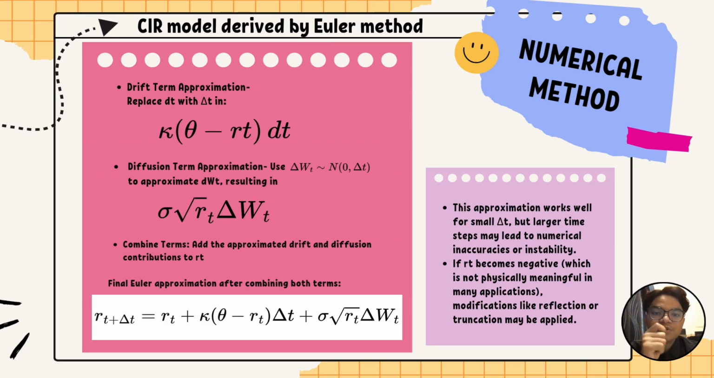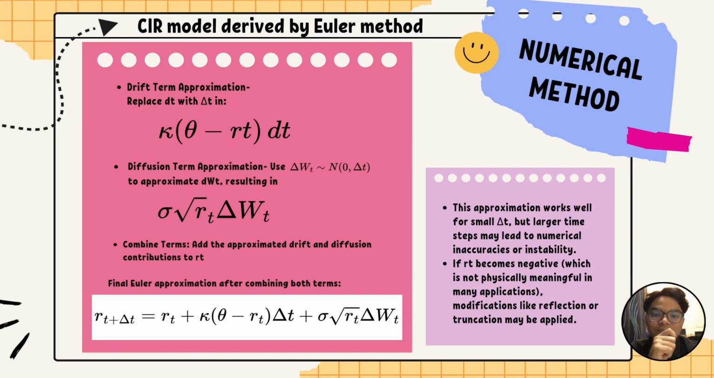Next, we have the diffusion term, which introduces randomness to the model, sigma square root R_t dW_t. Here dW_t is a Wiener process or a random shock. To simulate this, we replace dW_t with delta W_t. This means delta W_t is drawn from a normal distribution with a mean of 0 and a variance of delta t. This gives us the updated diffusion term of sigma square root R_t